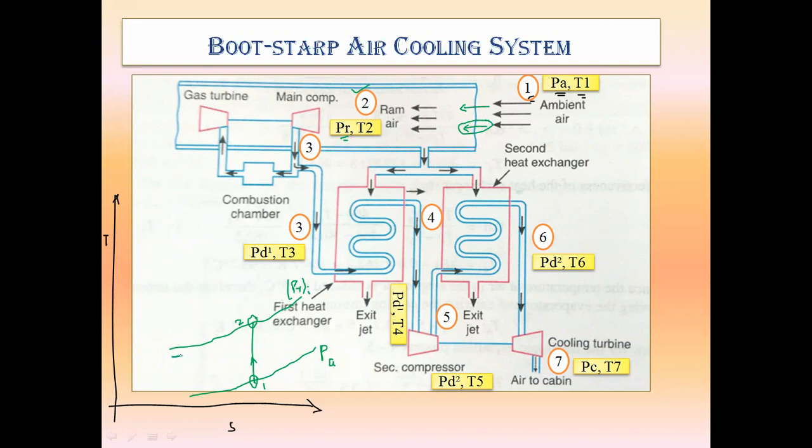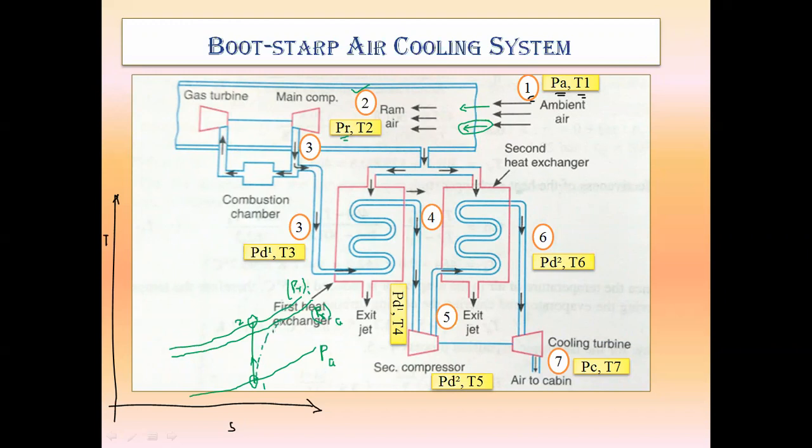So in that case, I have to consider one more pressure line, which will be called the actual ram pressure line. The value of actual ram pressure will be lower as compared to the ideal ram pressure, and that process will be the irreversible process. So here I have to draw that actual ramming process. The actual ramming process will be likewise.